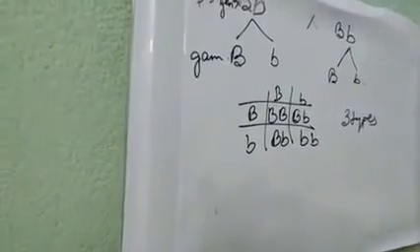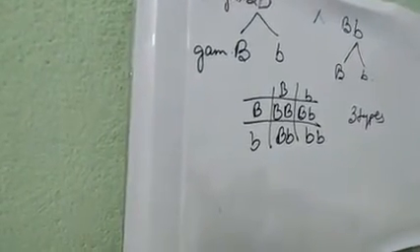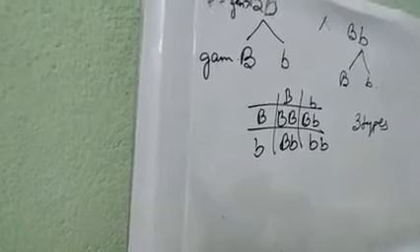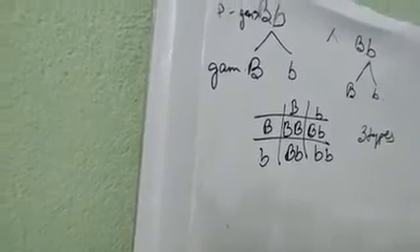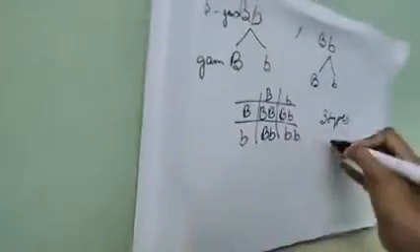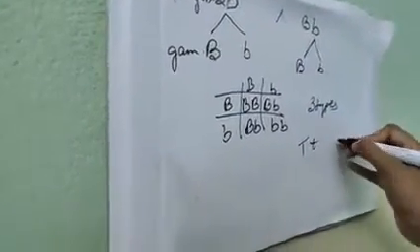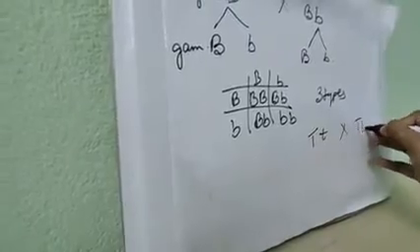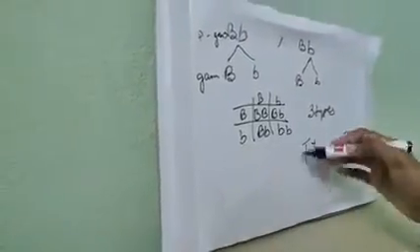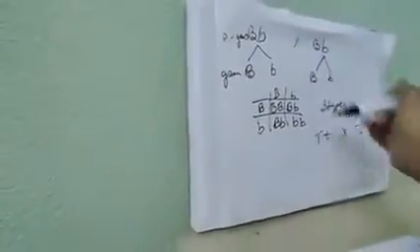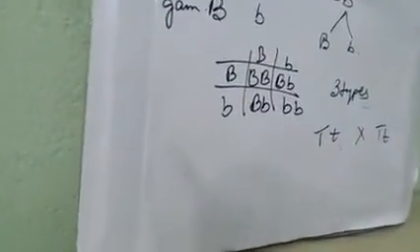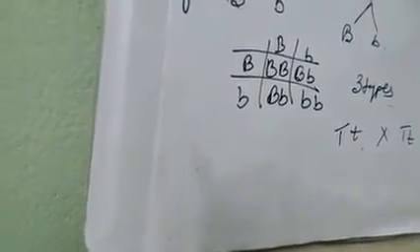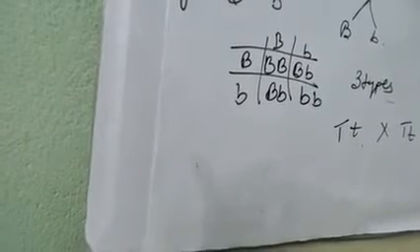Okay, next is 17. If we cross two hybrid tall plants, then how many types of genotypes will we get in the F1 generation? This is also 3 types. You just see, hybrid tall plants in case of P. Same thing, same. So 3 types. Number 17 we are done.